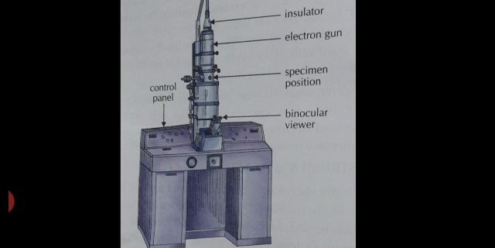This electron microscope is a very large instrument which helps in observing various internal parts of the cell like organelles. It uses electromagnets instead of glass lenses and a beam of electrons instead of light for observation of